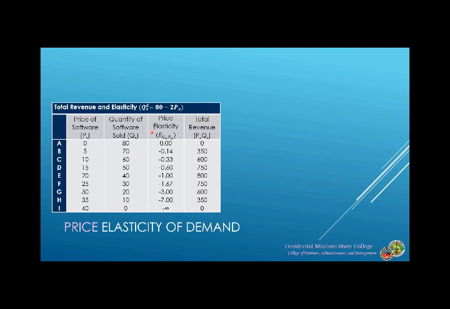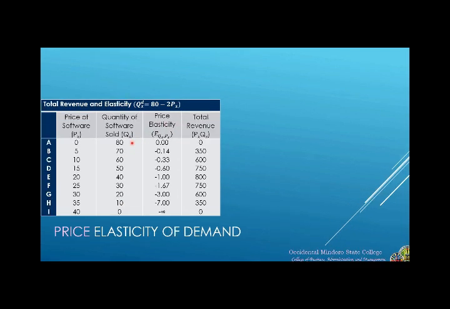Pero paano natin na-compute yung price elasticity? So, since wala naman tayong previous data above 80, so obviously this would be 0 and the total revenue is 0 because 0 times 80 is 0. Pero for letter B, price elasticity, sabi natin, we have to compute for the change in quantity. So, 70 minus 80, we have negative 10 over the change in price. So, 5 minus 0 is equal to 5. So, we have negative 10 over 5 multiplied by price over quantity. So, multiplied by 5 over 70. The answer would be negative 0.14